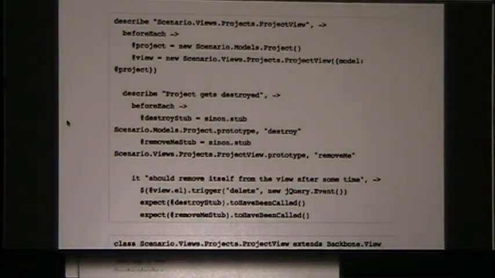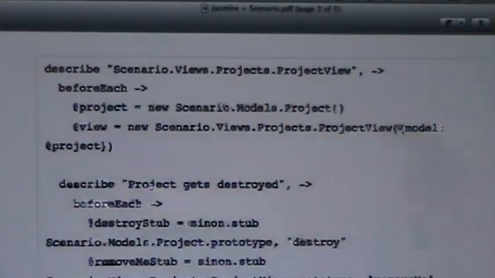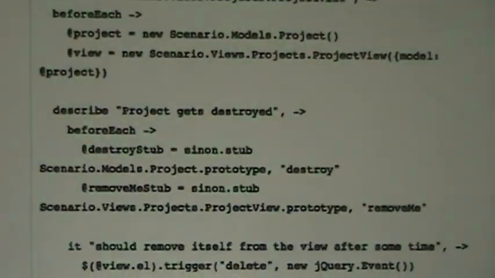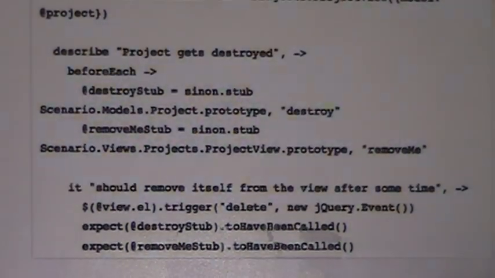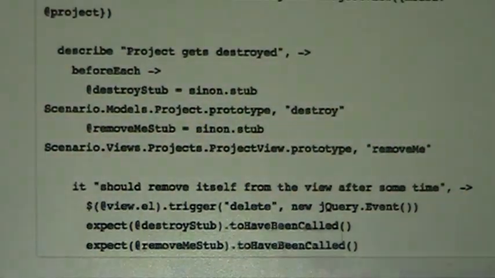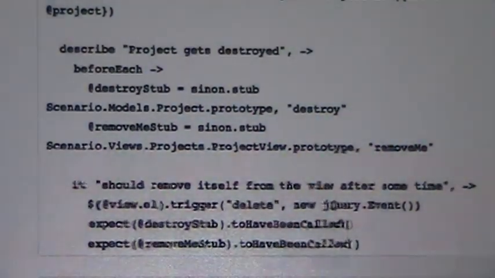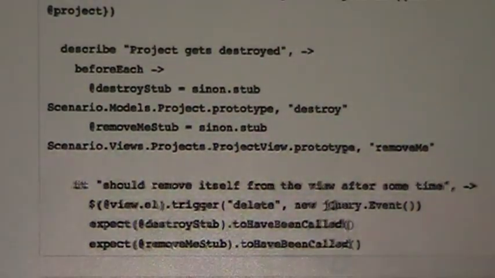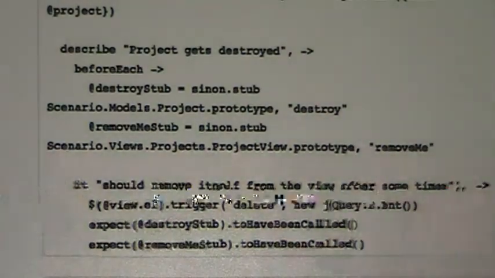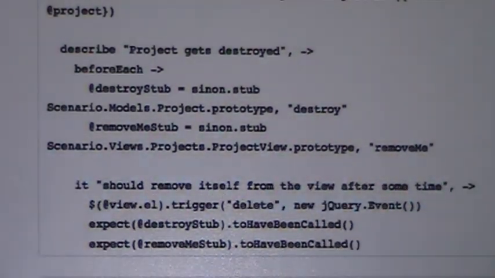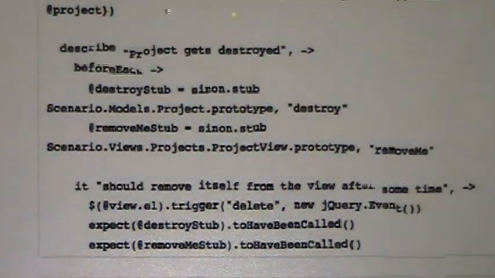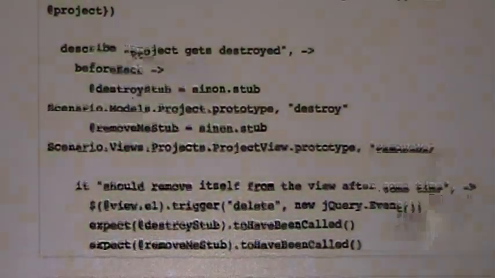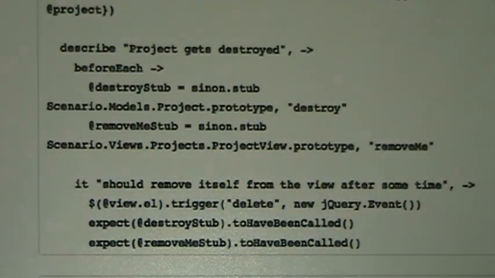Jasmine has a way of stubbing out asynchronous code, but you use a tool called Sinon. What this does is, when a project gets destroyed, it sends a message to the model to destroy it, and then there's a callback to the view, which instructs the view to remove itself from the view hierarchy.